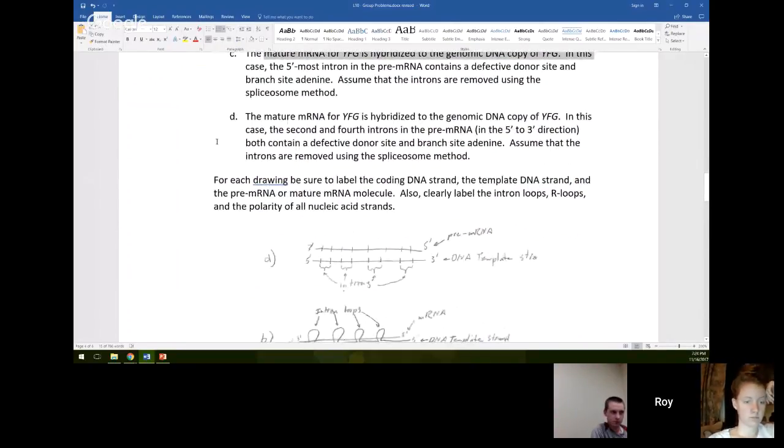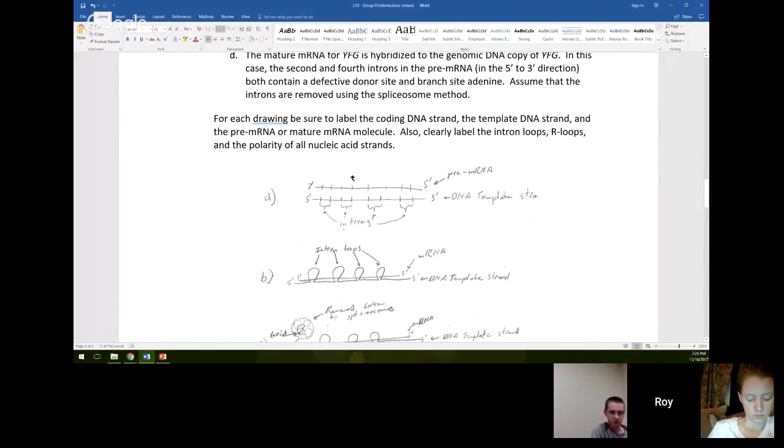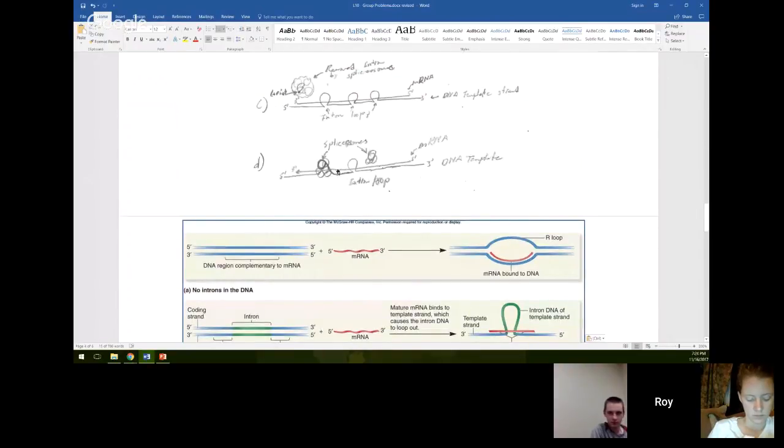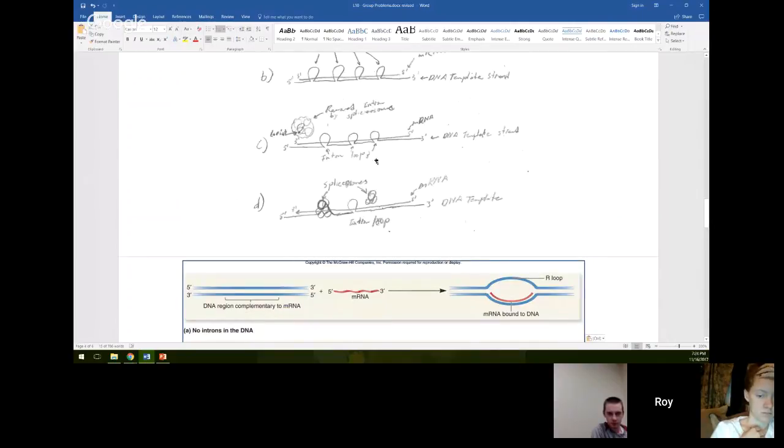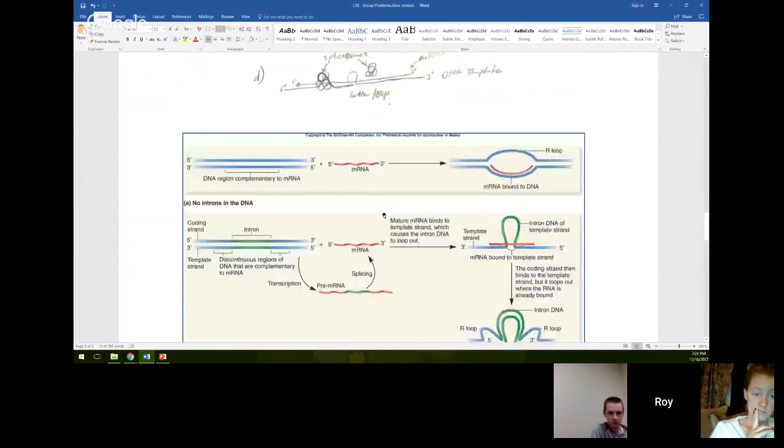And then the last one, the mature mRNA for your favorite gene is hybridized to the genomic DNA copy of your favorite gene. In this case, the 2nd and 4th introns in the pre-mRNA both contain a defective donor site and branch site. Assume that introns are removed using the splice site method. And so this is what I did. I had my genes here, had my lariat come through, removing the splice sites. So I had 4, removed 1, and now I have 3, and the 2 got removed. And it kind of works like this. And then what happens is